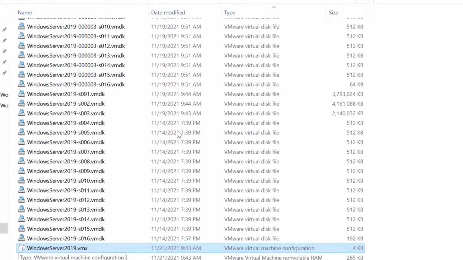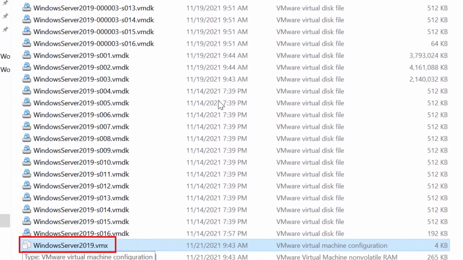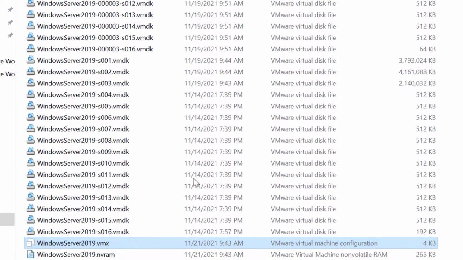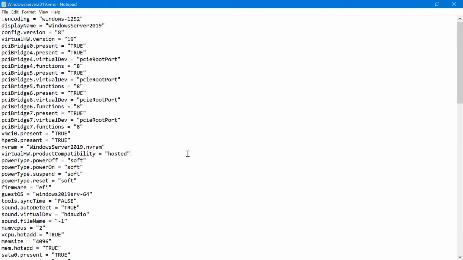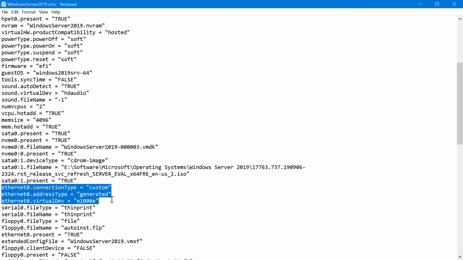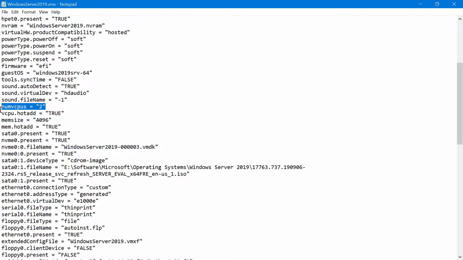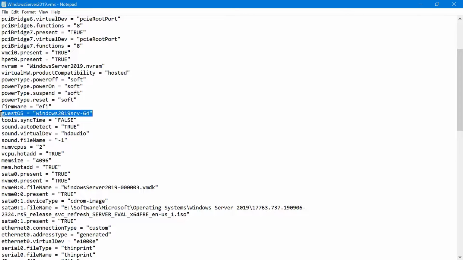000003. And there is an important file, the virtual machine configuration file. If we open this file in Notepad, it actually shows the configuration of this virtual machine. This configuration file lists out all virtual devices and their configuration. You can see things like the virtual network device, virtual memory size, number of vCPUs, the virtual machine disk file, and you can see currently the VM is running on the snapshot disk file, the type of operating system, and